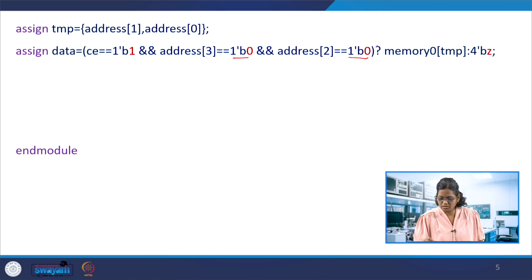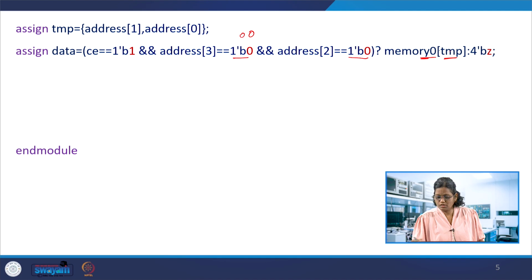Look at the ternary operator: data equals chip select, and if these 2 conditions are satisfied, that means they are 0 0, then memory 0, the first memory, at location temp, which holds address bits 0 and 1, location 0 1, whatever is stored there, will be assigned to data. Else, if any one of these conditions fails, because it is an AND function here, a Boolean function.